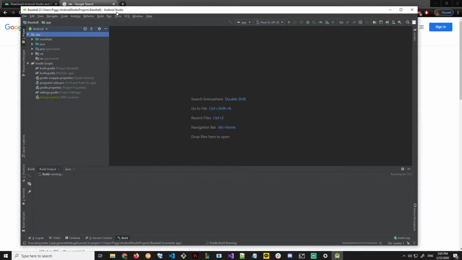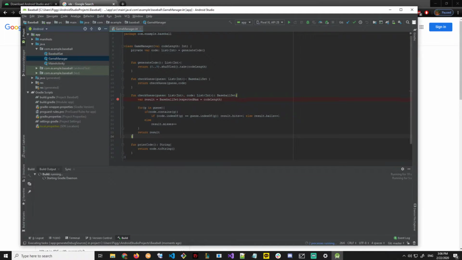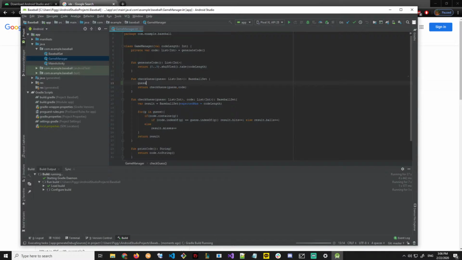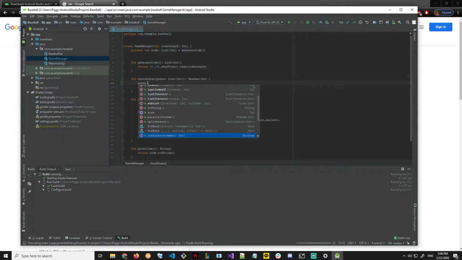Over here, I have my project that I was just messing around with the other day. And what you can do is, the nice thing is that this gives you a place to write code, and it'll essentially do things like autofill, where it doesn't seem to be working right now because I think it's loading. There you go. So it tells you so many options that you can call. These are all functions that you can call on this variable. You'll learn about that later, but